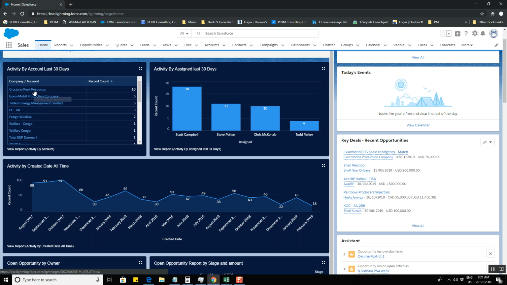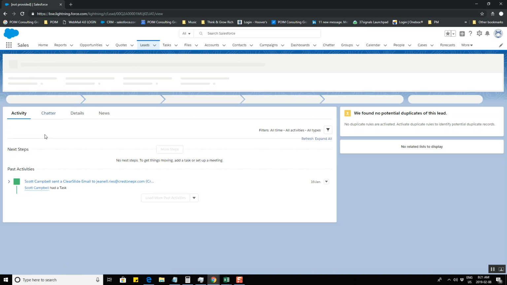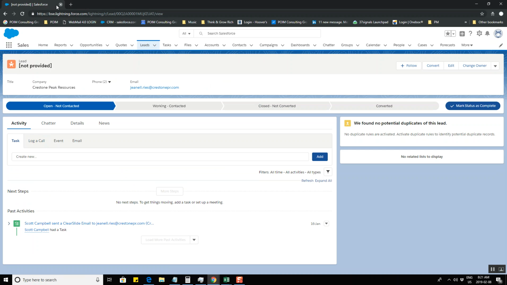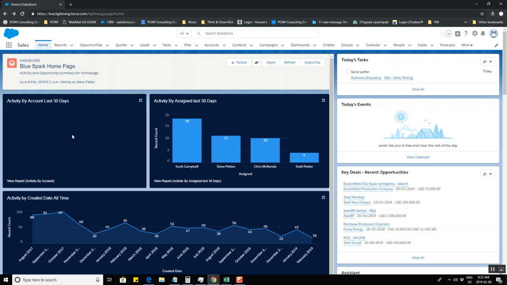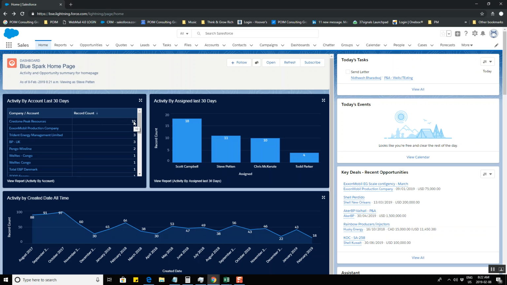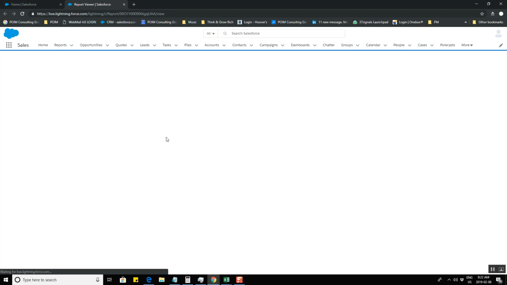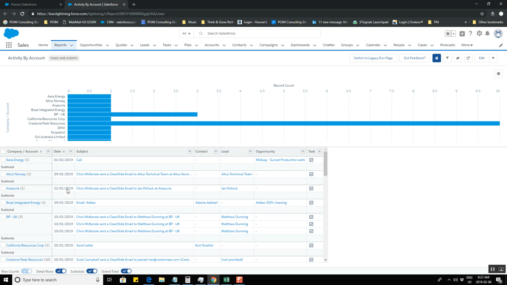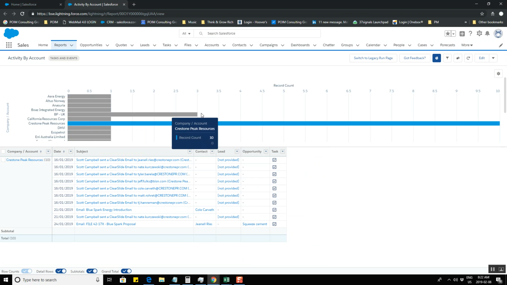What you can do at any given time is you can click on that particular component. Sorry, let's go back here. That brought me to the account record, I believe. So we have to just go by report here. So if you click on that, it'll open up the report for you, and then you can take a look at the report. And then once the report's in there, you can come in and say, hey, I want to look specifically at this particular account, and then see what you're doing, and ultimately see what activity was being done